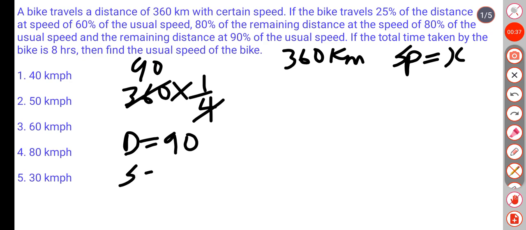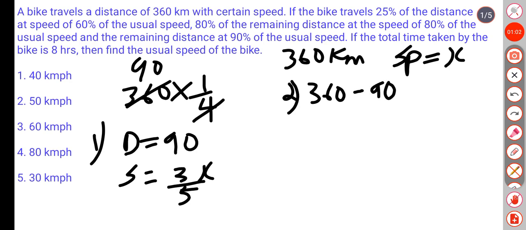So here the speed will be 60% means 3 by 5 of usual speed x. So your speed is 3 by 5x. Second, 80% of the remaining distance. So remaining distance means